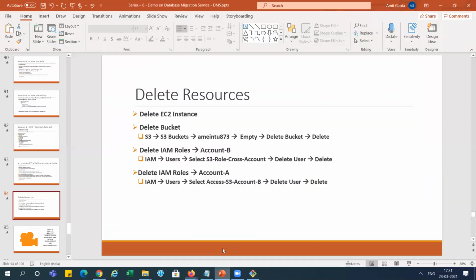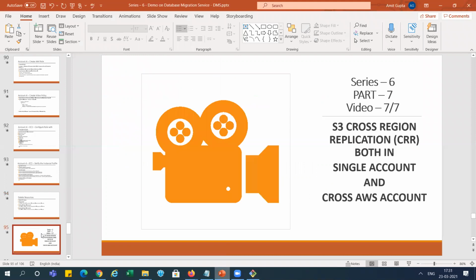For this PPT, I think we have completed all three methods here. Now, in the next video, we will discuss S3 cross region replication in both the single account and the cross